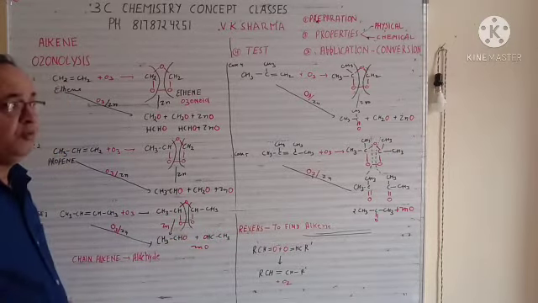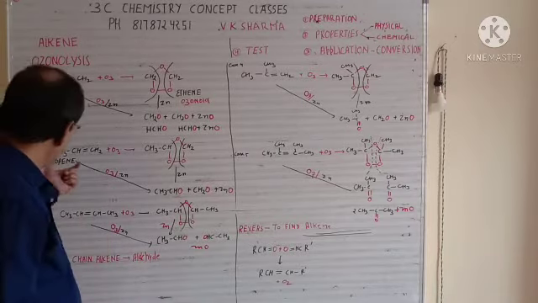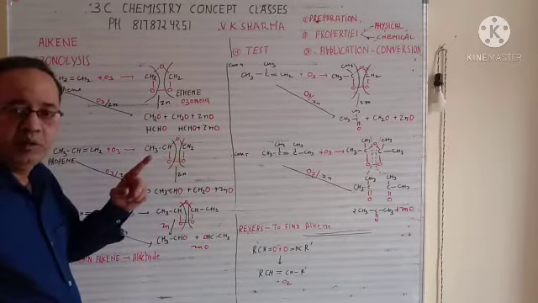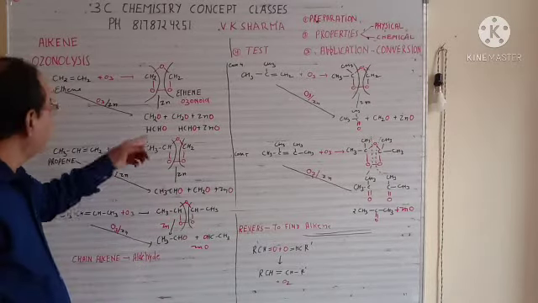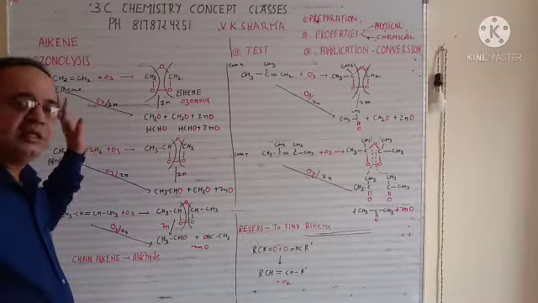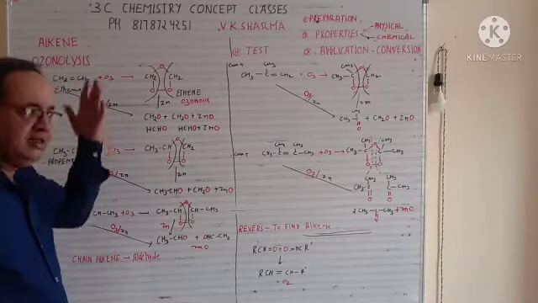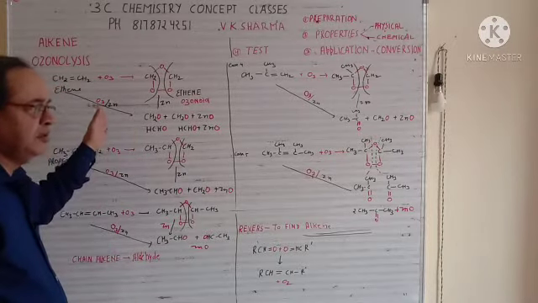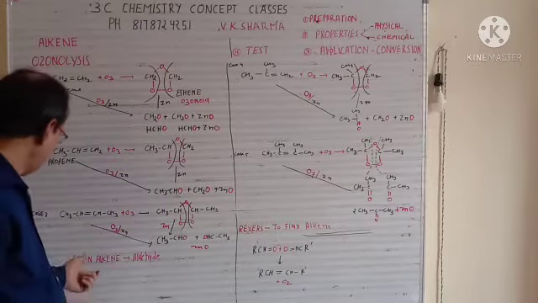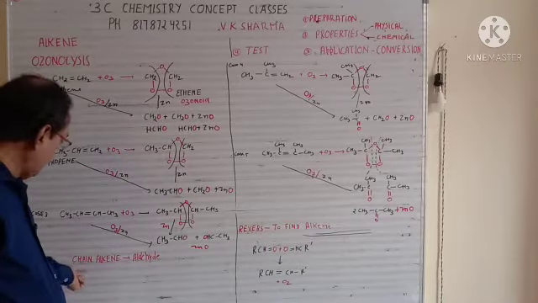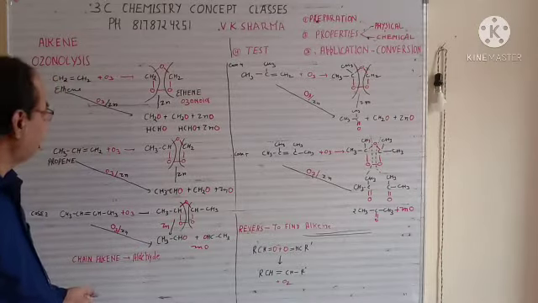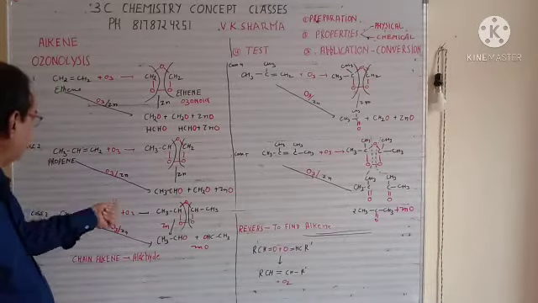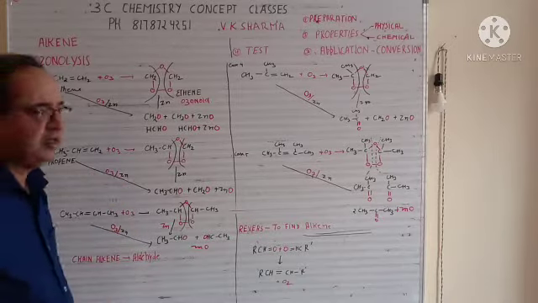Just keep in mind for the concept, whenever there is a straight chain with one double bond, this will always give you aldehyde. There may be 2 double bonds also in dienes and trienes, and the concept will remain the same. Dienes and trienes are not in your course, so I am sticking to your syllabus. So a chain will always give you aldehyde. You have to keep this in mind. I have taken 3 examples. The carbons may keep on increasing on both sides, but the concept will remain the same.